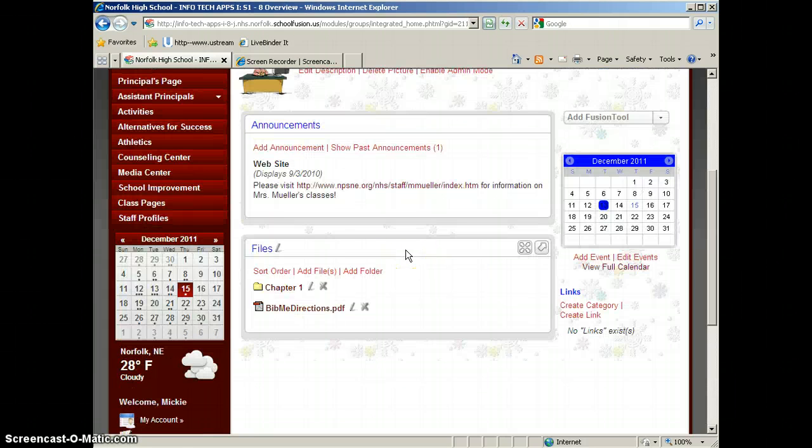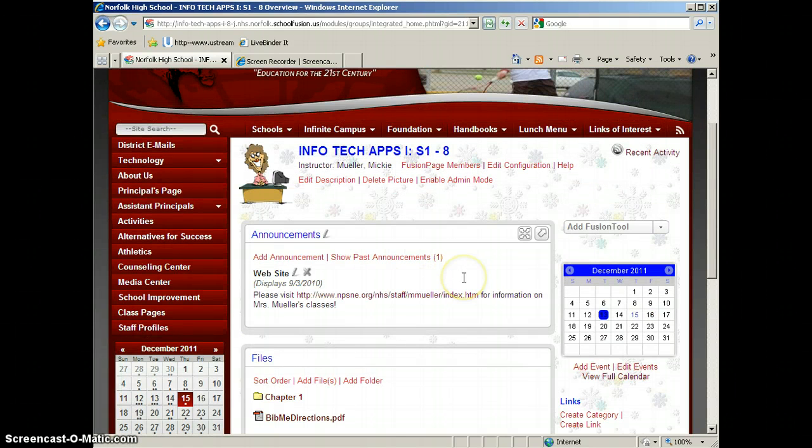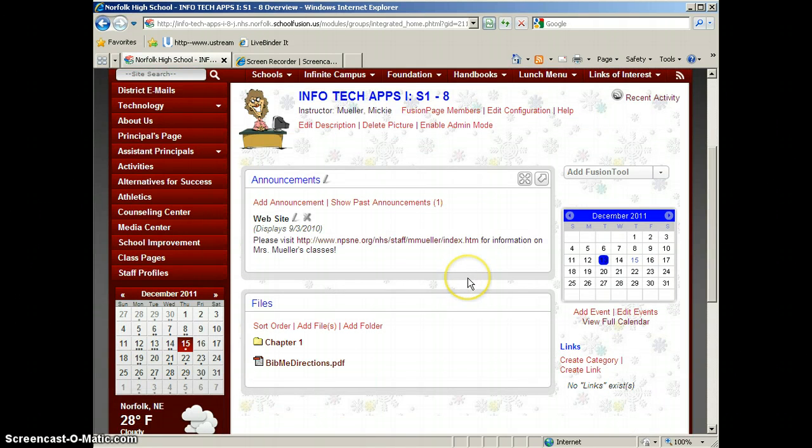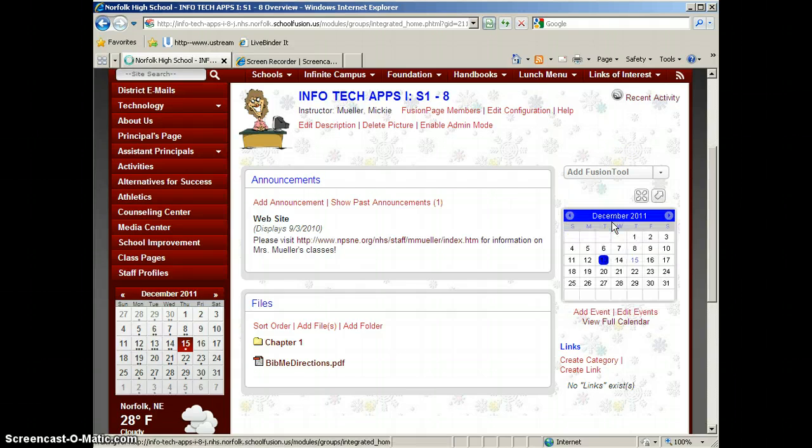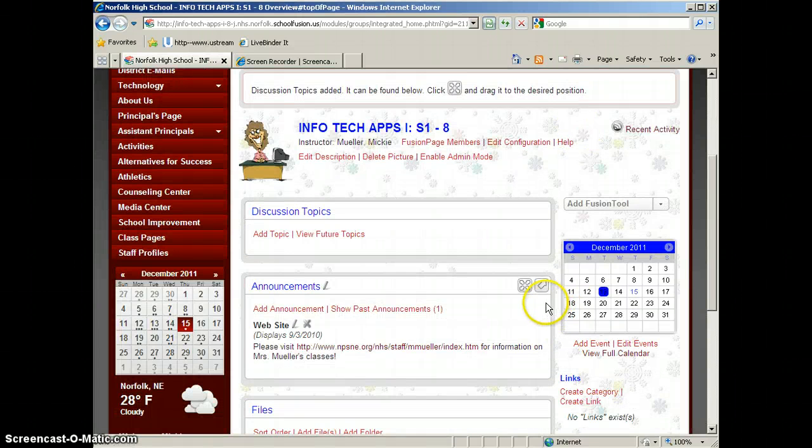So I am already on the page that I want to add my blog to. And the first thing I'm going to do is take a look at the Fusion tools that I have already on my page. And what I'm looking for is a tool called Discussion Topic. So I have announcements, I've got files, I've got my calendar, events, and links. No discussion topic. So if you do not have discussion topics on your Fusion page, click Add Fusion Tool and look for discussion topics. So we'll go ahead and click Discussion Topics, and that will add a discussion topic tool